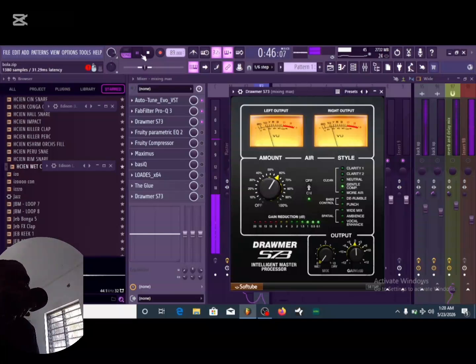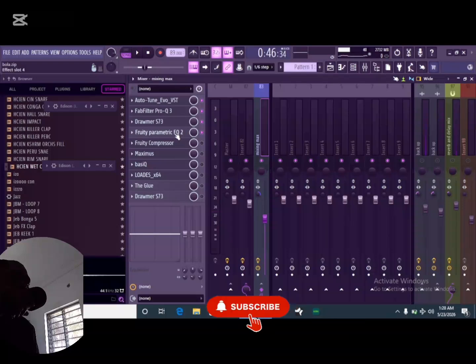The next thing I added basically was an EQ. This EQ basically was to